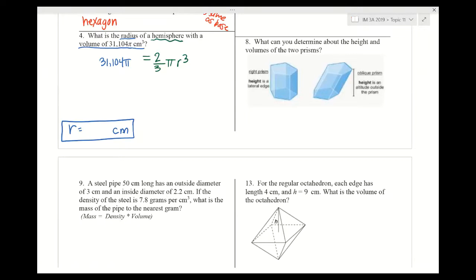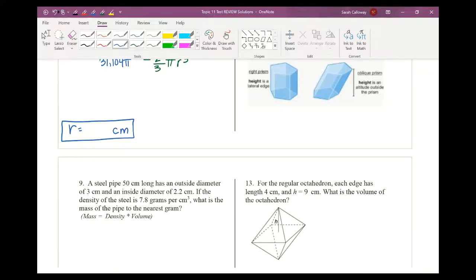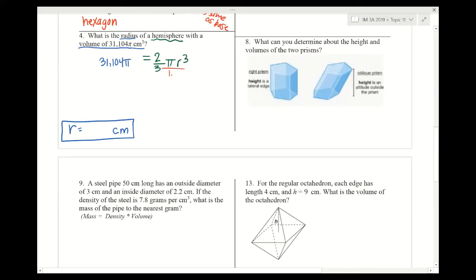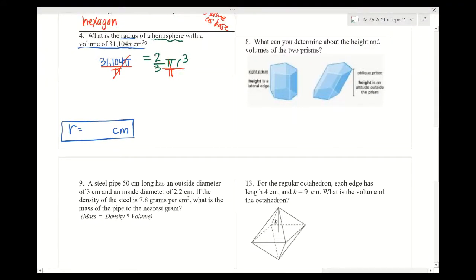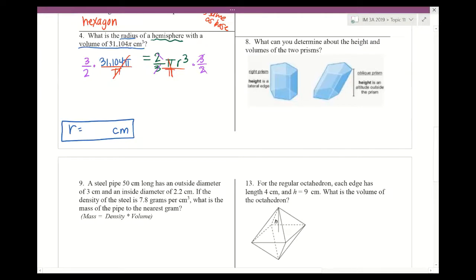So if I want to isolate the radius, I'm going to do this in a couple steps. Notice that both sides have pi. So if I divide by pi, I don't really have to do any work because the pi just cancels out. Then what I want to do is isolate the r cubed. Since r cubed is being multiplied by 2/3, if I multiply by the reciprocal, 3/2, that's going to cancel it so that I can move it to the other side. So I'm going to multiply both sides by 3/2. And so that's going to give us that r